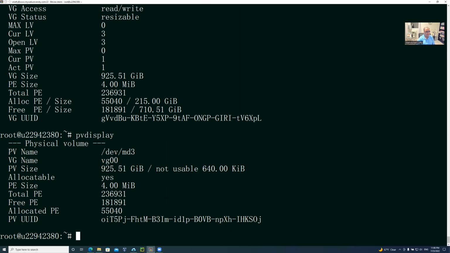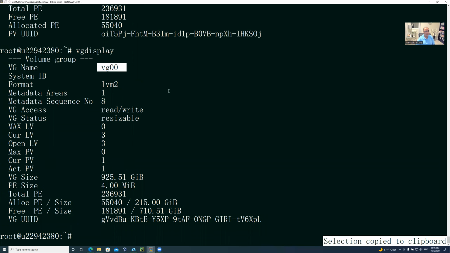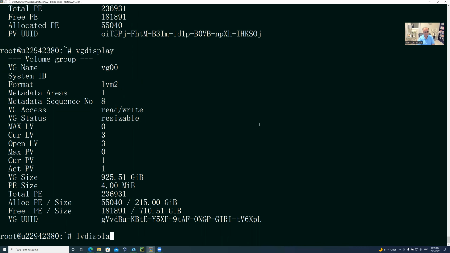You can see the physical volume name is /dev/md3, and the volume group is vg00, and then the entire lvdisplay on this one is basically,